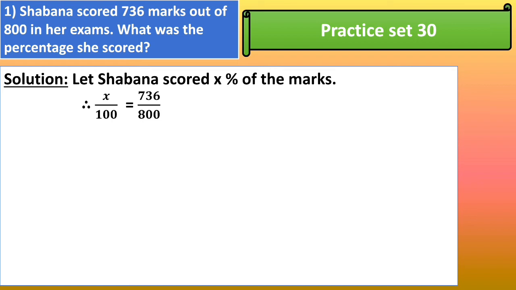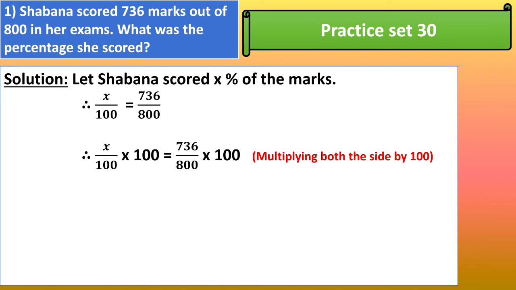Now with the variable we have denominator 100. So what we will do? We will multiply both the sides by 100. Why are we multiplying? Because the 100 is given in the division form. So we have to take the opposite operation. Now multiplying 100 both the sides. So our left side fraction is given x upon 100 multiplied by 100, equal to the right side